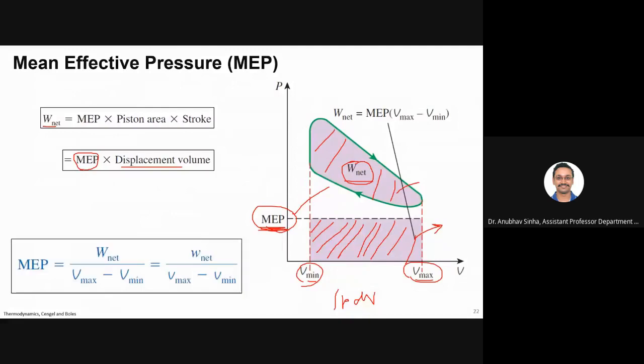Okay. So mean effective pressure is defined as work done by delta V, and you can also calculate it using either extensive properties or intensive, specific properties. So this is specific volume, this is specific work. Okay, so these are some terms. For example, if you have a numerical, either you are given the whole area or you are given the mean effective pressure, and you find the efficiency or the delta V, things like that.